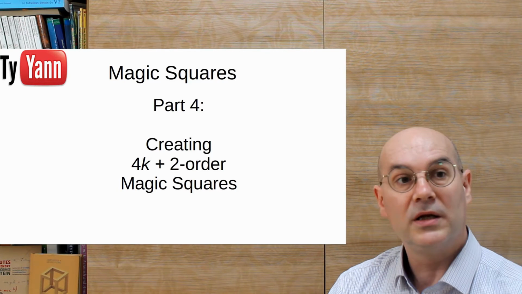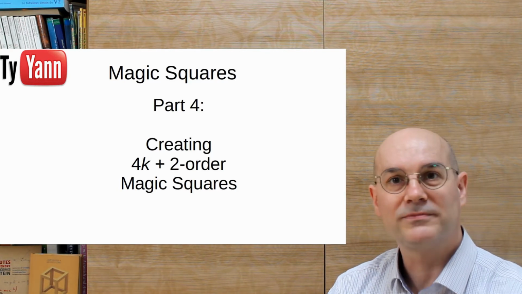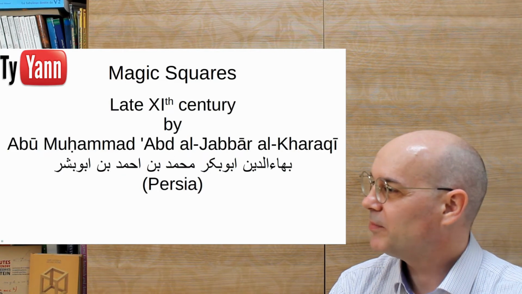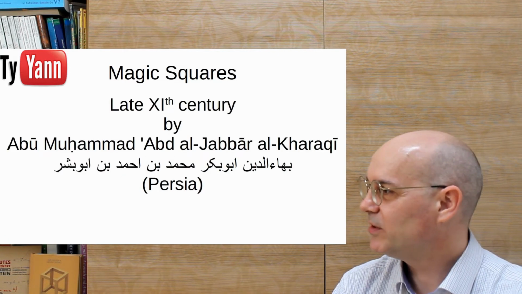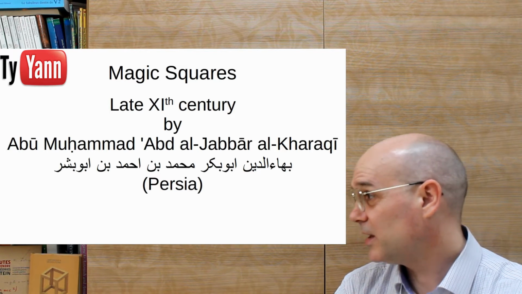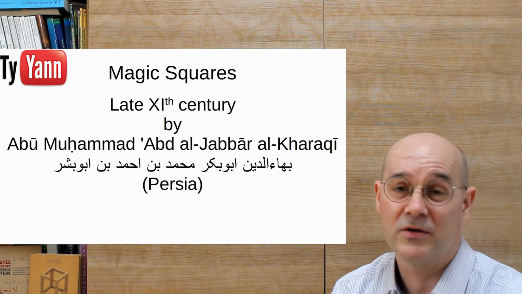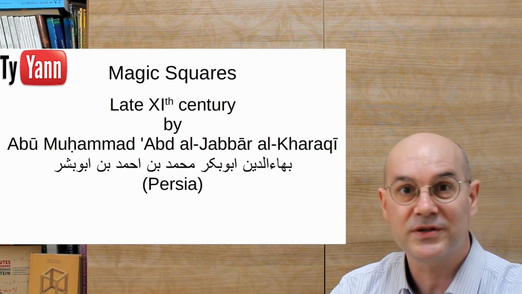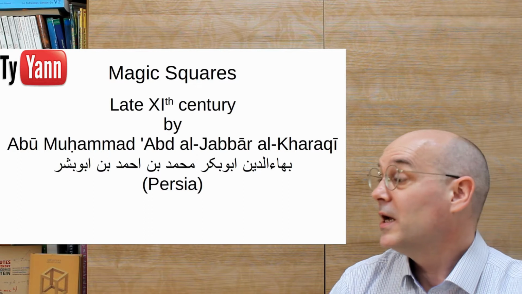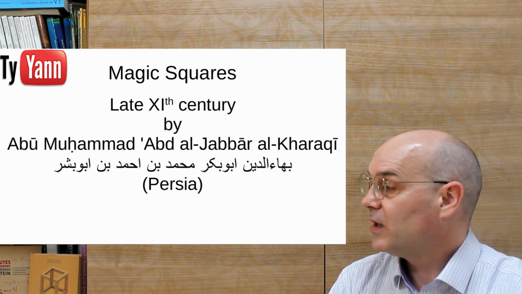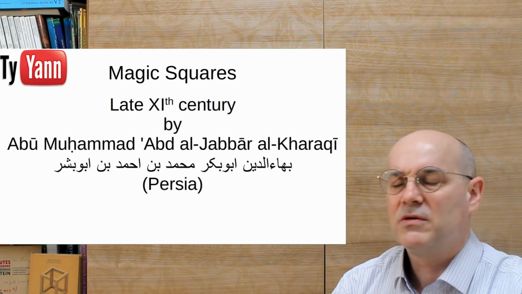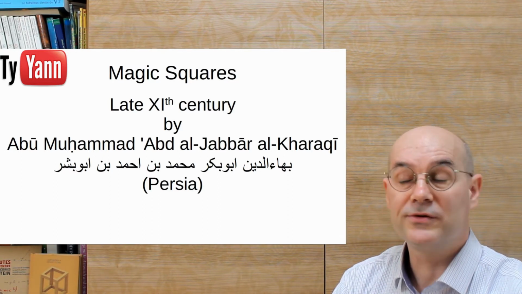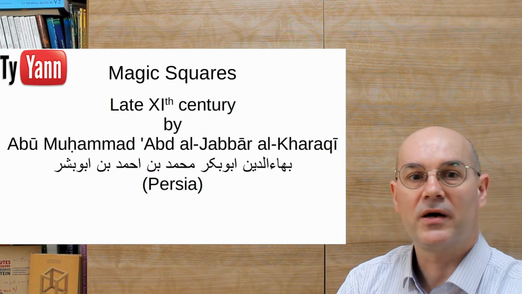And let's do this. So we start with the name of the method. The method was published in the late 11th century by Abu Muhammad Abd al-Jabbar Al-Kharaqī. I don't know how to pronounce that. I'm very sorry about that. I don't speak Persian or Farsi for this instance. Anyway, he was an astronomer, mathematician. He was an incredible person, and he published a way to make a magic square, which is